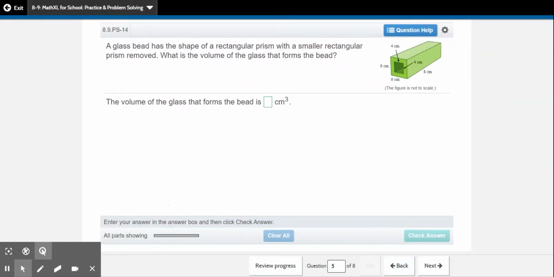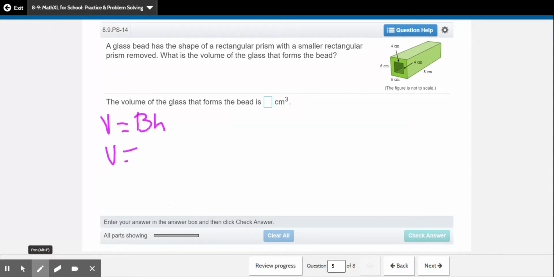All right, we're skipping over to question 5. A glass bead has a shape of a rectangular prism with a smaller rectangular prism removed. What is the volume of the glass that forms the bead? So we're going to find the volume of the outer part and then the volume of the inner part, then we will subtract. So our first volume is, and again, we could say that volume equals base times height, but